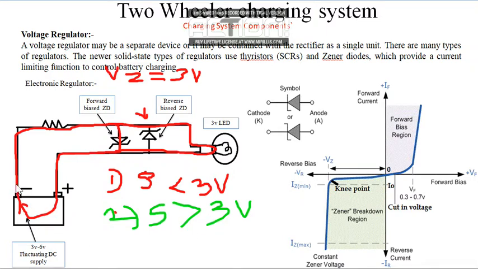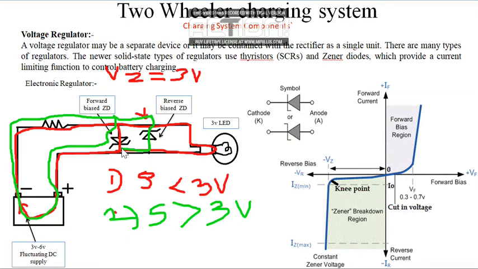Now what happens? Current flows in this fashion only, direction no change, passing through the resistor. Some part goes through the forward bias diode, which conducts in every case, whether 3 volt, 4 volt or 6 volt supply, so it conducts in the whole range of supply. But what happens with the reverse bias? As I told you, the Zener voltage is 3 volt, so the supply is greater than the Zener voltage. Now this Zener diode is supposed to